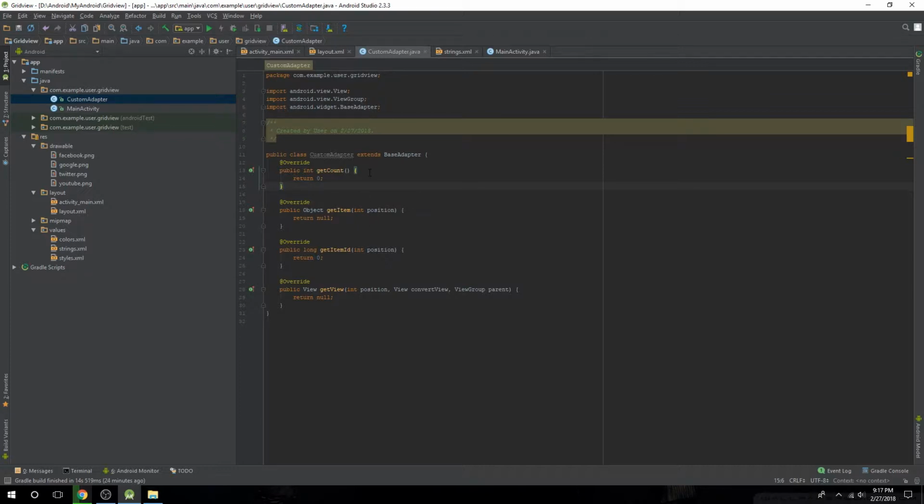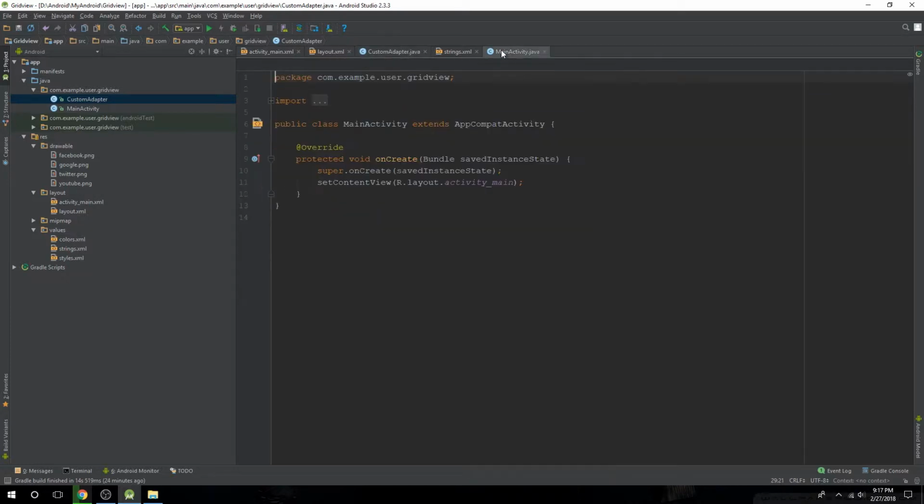The getCount method is going to detect the number of items there are in your list. This one is going to return the position, this one is going to return the position as well, and here is going to basically return a view of the layout. Okay, so we're good to go, but before we get into this class, we have to go to the main